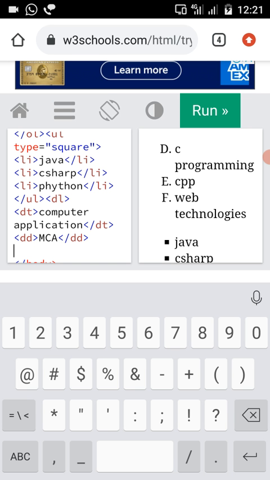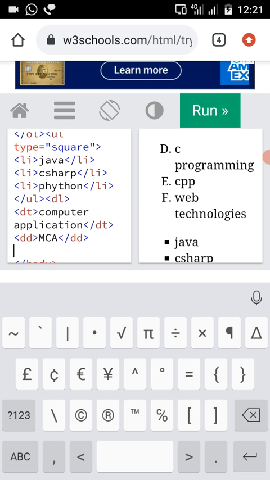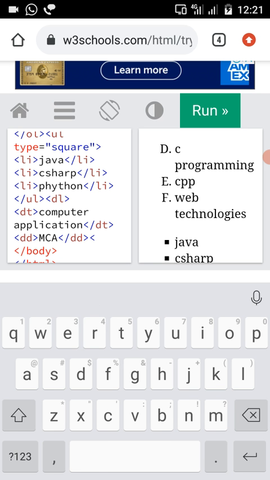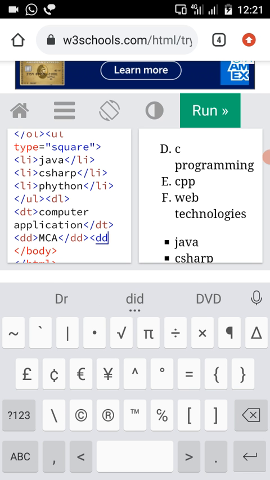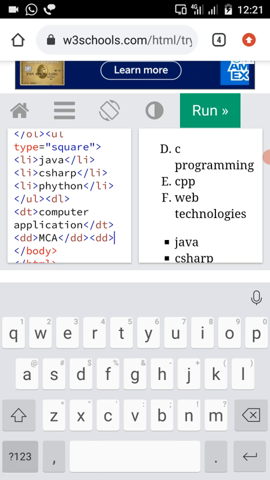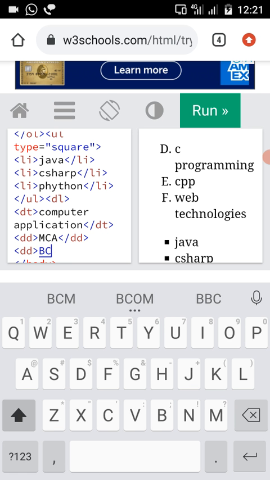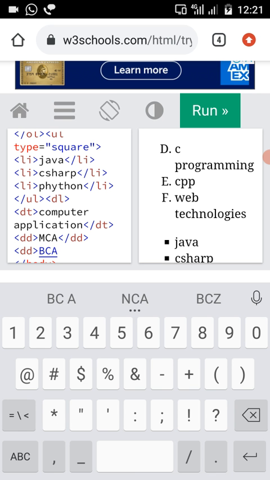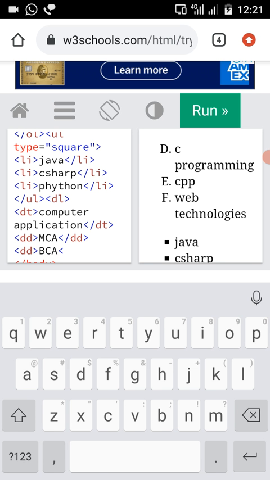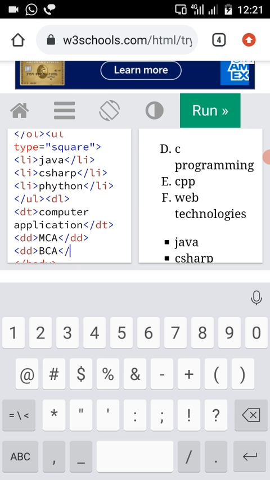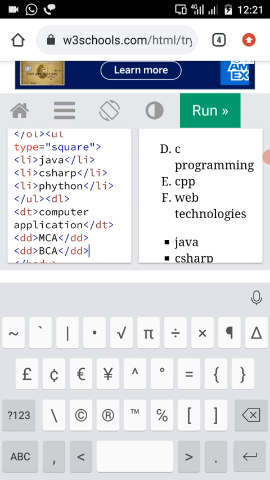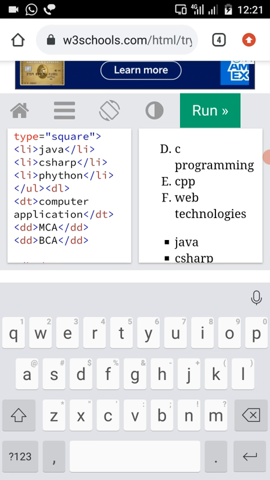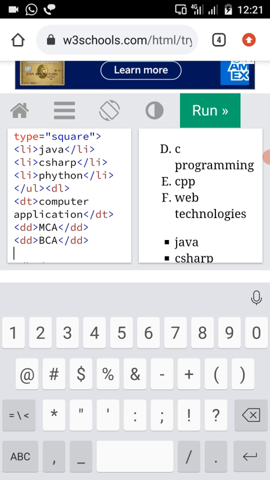The first one is Master of Computer Applications, and the next one is Bachelor of Computer Applications. That is what BCA is. Then after, close the DD tag. After writing your definition list, just close the definition list tag.